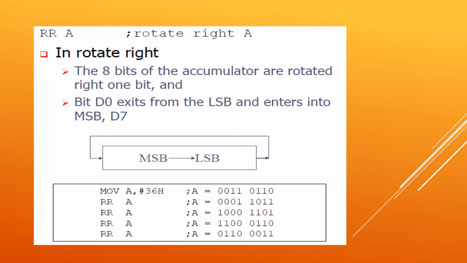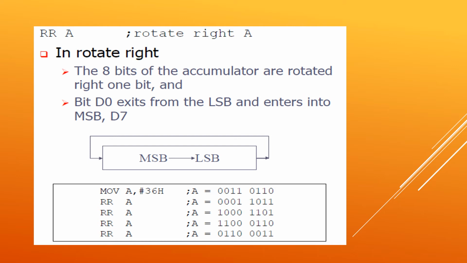Rotate instructions are mainly used in different applications, like when some sort of adjustment is to be done for the bit pattern somewhere, some sort of comparison and then some decision is to be made, or maybe conversion purposes like BCD to ASCII, ASCII to BCD. For such conversions these instructions are very useful. Now there are two categories. One is RR and RL, a simple operation, and another one is rotation through carry, that is RLC and RRC.